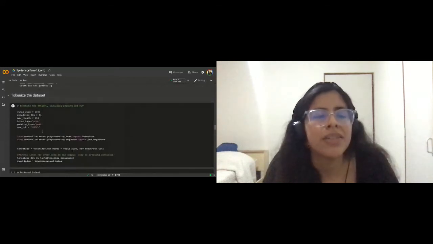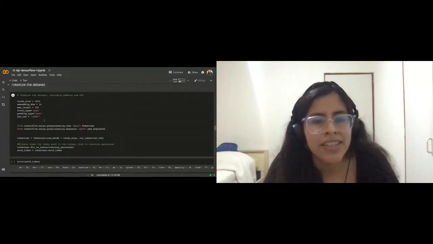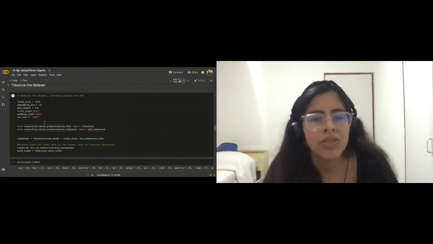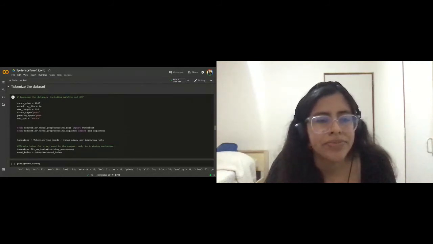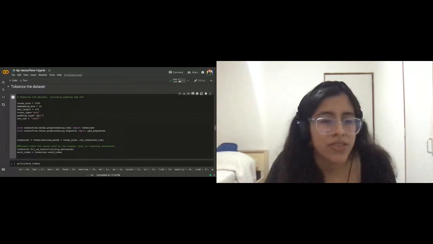Okay, so that part is to tokenize the dataset. If you remember, we need to use the tokenizer and then pad the sequences. So I have a limit for each sentence. The max length is 100. I'm going to pad it in the post, or add zeros in the post. You use OOV.